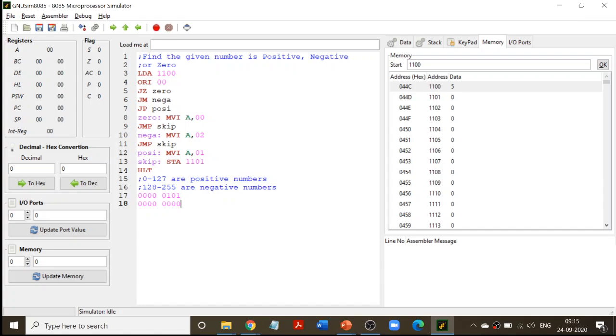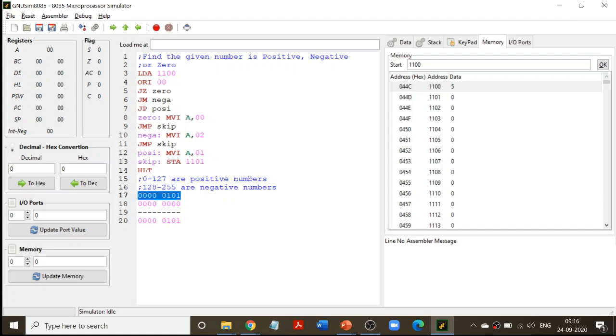What I must do now is perform an OR operation. The first number is 0, 0, 0, 0, 0, 1, 0, 1, which is 5. The second number is 0. So when I perform the OR operation, just see what is going to happen. 0 OR 0 is 0, 0 OR 0 is 0, 0, 0, 0, 1 OR 0 is 1, 0 OR 0 is 0, 1 OR 0 is 1. So after performing an OR with 0 on the accumulator, what I get is the same as that of the accumulator. The number is not changed. I'm doing an operation, but still the number remains the same.